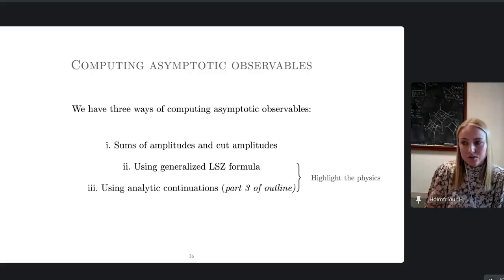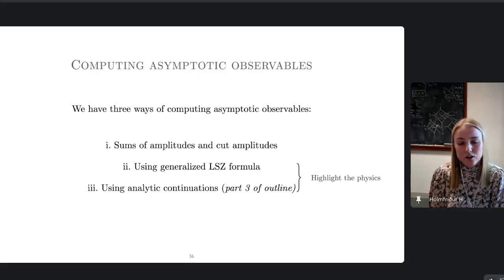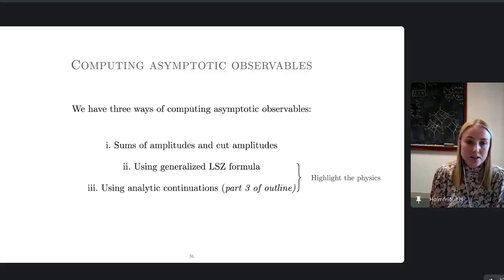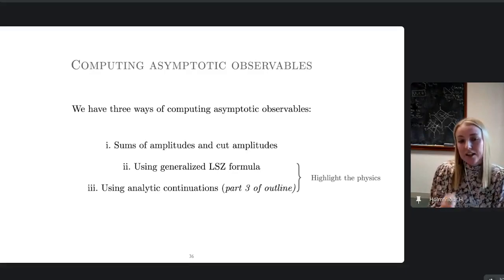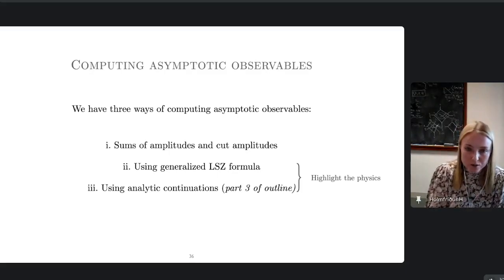All our techniques of tensor reductions, differential equations, integration by parts, etc., none of that knows about the integration contour. It's only in the end, when we impose the boundary conditions, that we nail down that it's a scattering amplitude. And that's why we can also use that very last step to nail down that it's not a scattering amplitude, but rather a waveform or maybe some other observable.